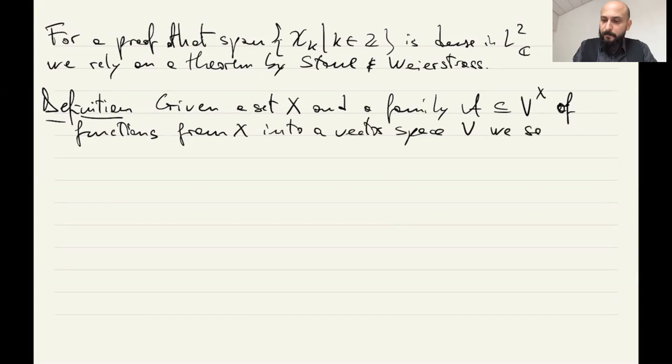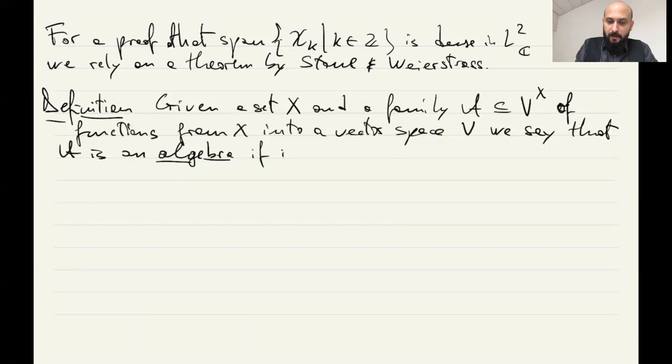We say that A is an algebra if it is, so when you have functions valued into a vector space,